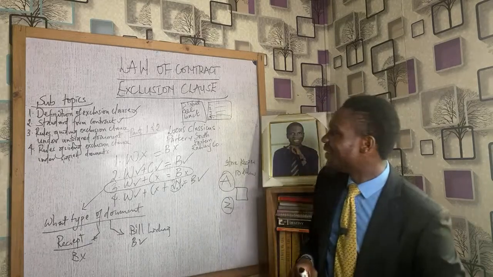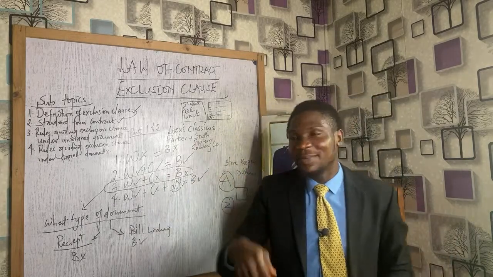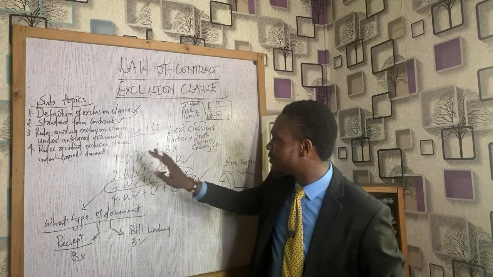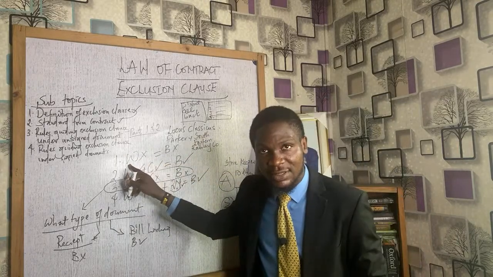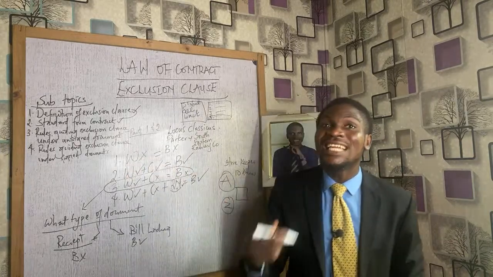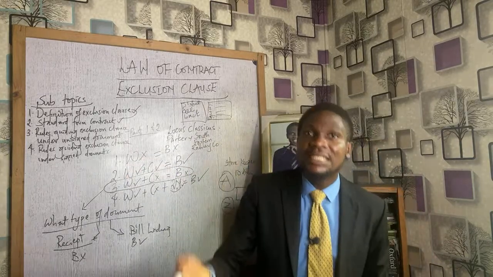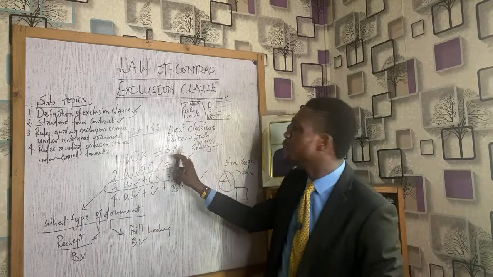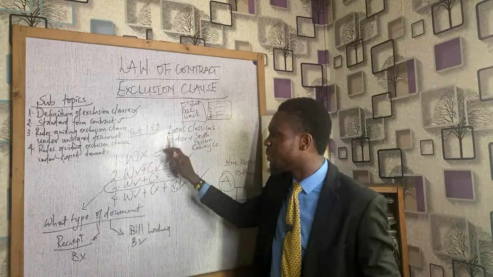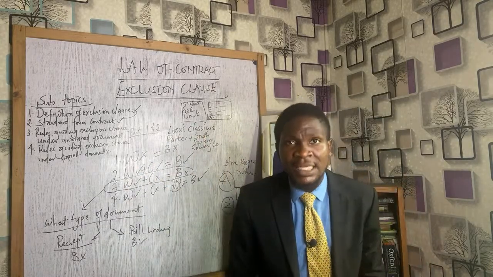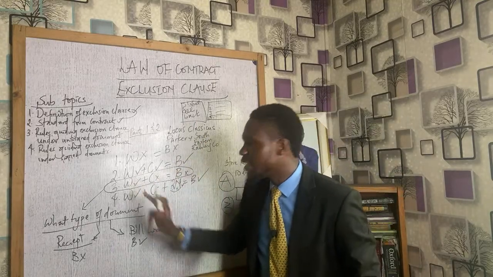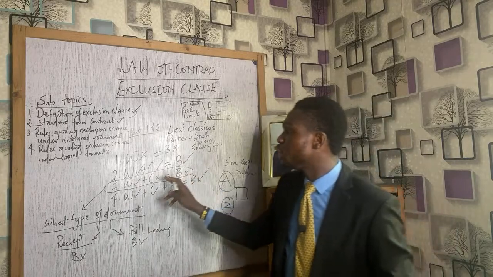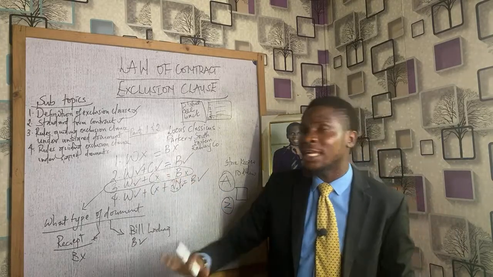Okay, good. Now let me just do a recap again. If there is a document and there is writing, and you did not even know that there was writing on the ticket, on the receipts, on whatever you were given, you will not be bound. Now, if you knew there was writing and you knew it contained conditions, you will be bound. If you knew there was writing, but you did not know it contains conditions, naturally, you should not